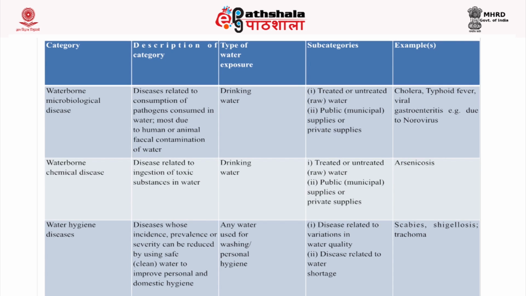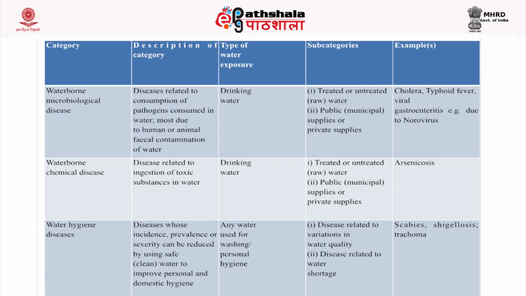Various diseases that occur from microbial contamination are cholera, typhoid fever, and viral gastroenteritis due to norovirus. The next is waterborne chemical disease. These diseases are related to ingestion of toxic substances in the water and take place from the source of drinking water in the form of treated or untreated water, or from public or municipal supplies, and an example of this is